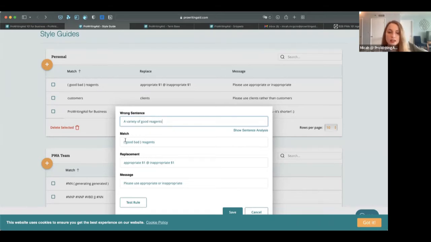So what's happening here is within the parentheses, I have two options for matching. I can either say match to good reagents or match to bad reagents. So that way, if I have a sentence that says a variety of bad reagents, this replacement will still be triggered. Now, the replacement starts to get into slightly more complicated coding